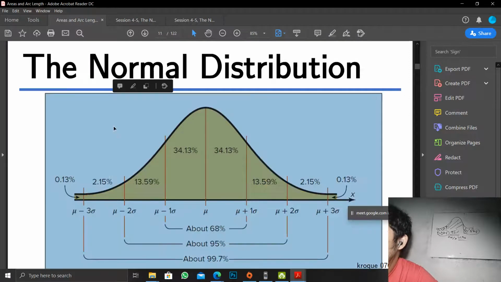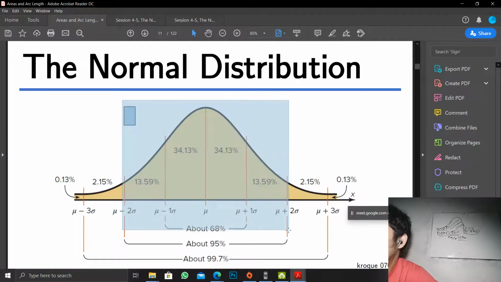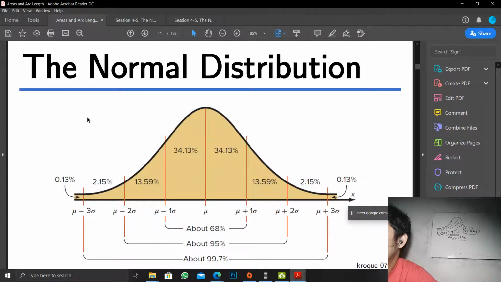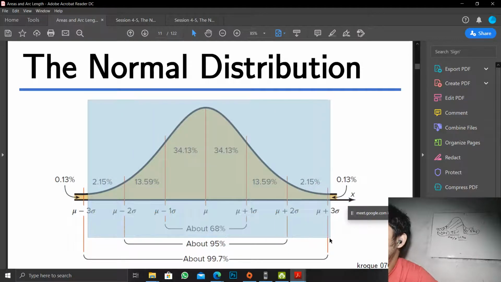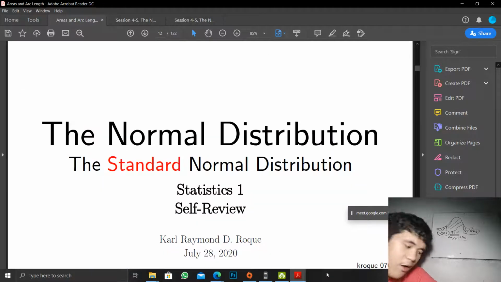Okay? Tapos, the area lying within one standard deviation is around 34% or pag pinagsama natin, 68%, di ba? Pag naman 2 standard deviations, the area under the curve is 95%, and kapag 3 standard deviations away, 99.7%. Standard yan. Ngayon, we go to the term standard normal distribution. Yan, naka-red, di ba? Naka-red.